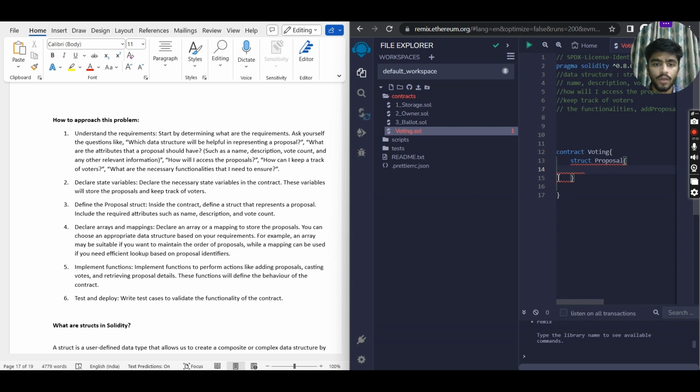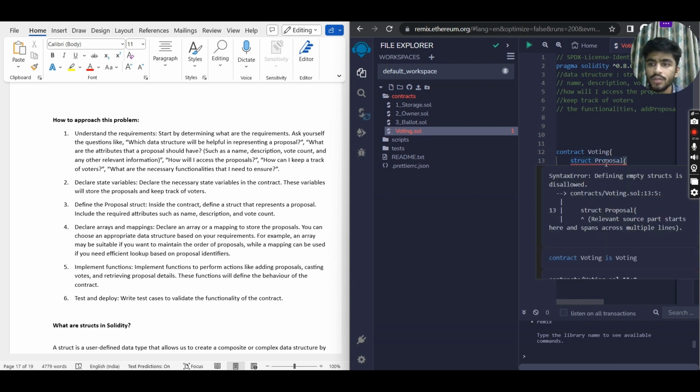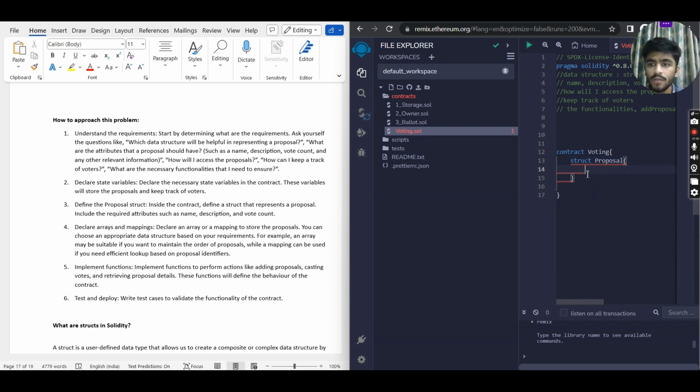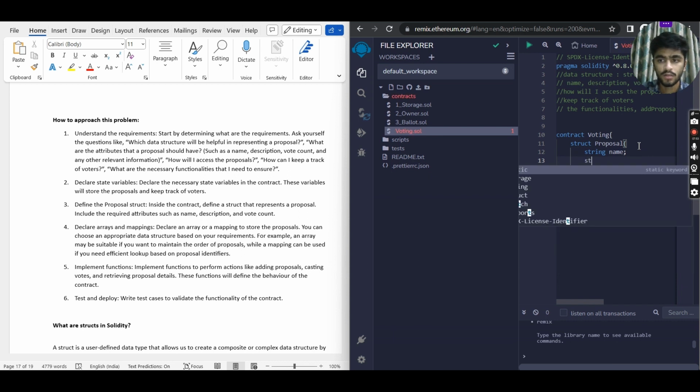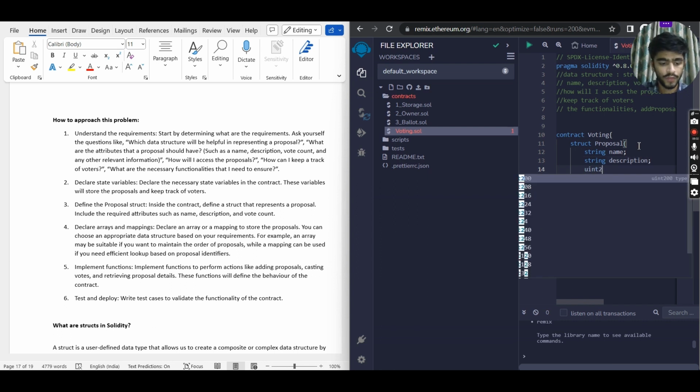Struct proposal. Okay, struct proposal. Yeah, looks good. So struct proposal. And in this we'll define its attributes or properties. Okay, so string name, the name of the proposal, string description, the description of the proposal, and then uint256